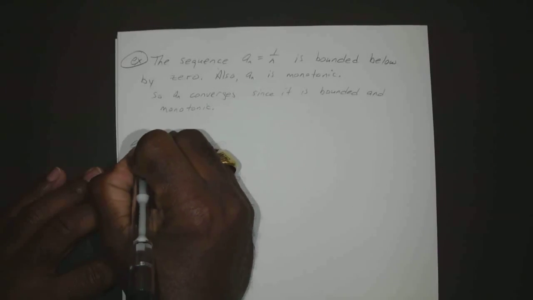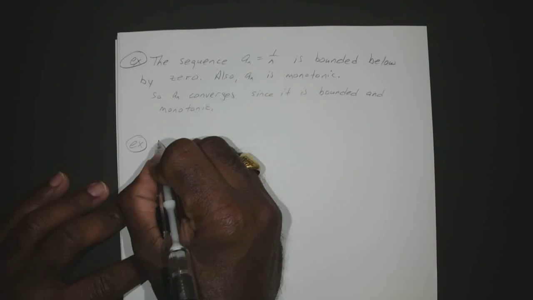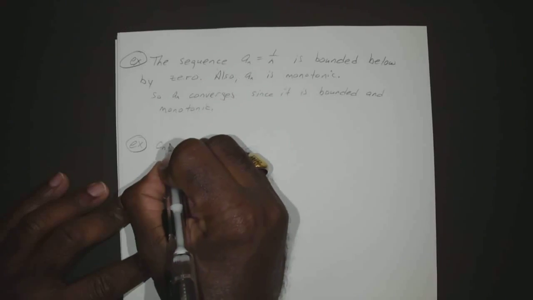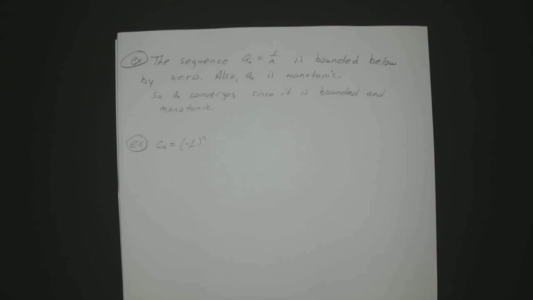Okay, so if we have one that's, let's say, c sub n equals -1 to the nth power. Now that's just going to bounce back and forth between -1 and 1. If n is